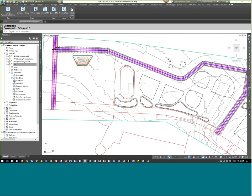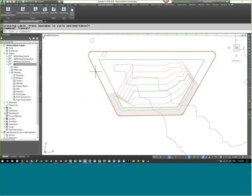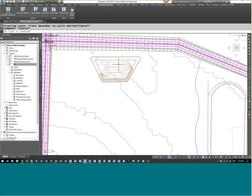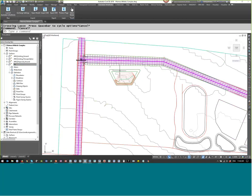start my additional design. So let's say I have now this area that I wanted to grade out. I created a little pit here inside of my park that I'm going to put in like a sunken-in amphitheater. So maybe I want like an outdoor stage with some seating area. But in order to do that, I need to dig a hole in the ground. So perhaps in Civil 3D, I'm working on some grading, created some feature lines, offset those, made a big pit